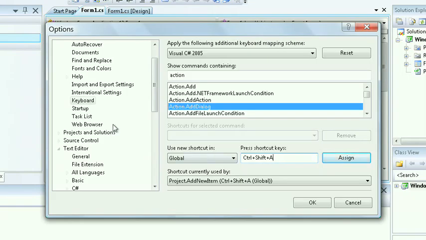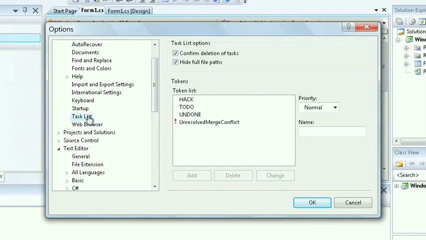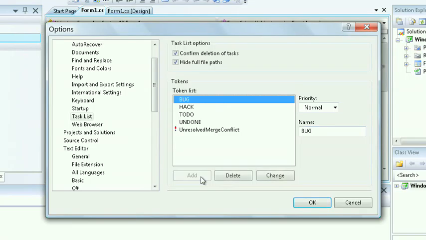Another useful setting is the task list. If you're not using an official source code management system, such as Visual Studio Team System, which is excellent at managing bugs, you may find the task list quite useful as a way of tracking tasks, such as to-dos, or anything that needs to be looked at. You can even add your own tokens, for example, bug. By typing in the name bug, you can select the Add button to now add this. So at any point in your comments, should you have the word bug, hack, to-do, you'll see these in your